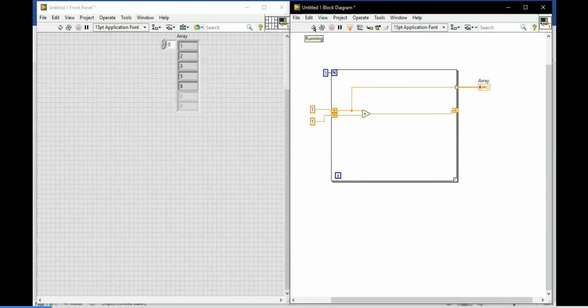So we're getting the answer like 1, 2, 3, 5, 8. But we have to get the value 1 twice. The 1 has to come two times over there. It's following the same order. If you can see the diagram, 1 plus 2 gives 3.